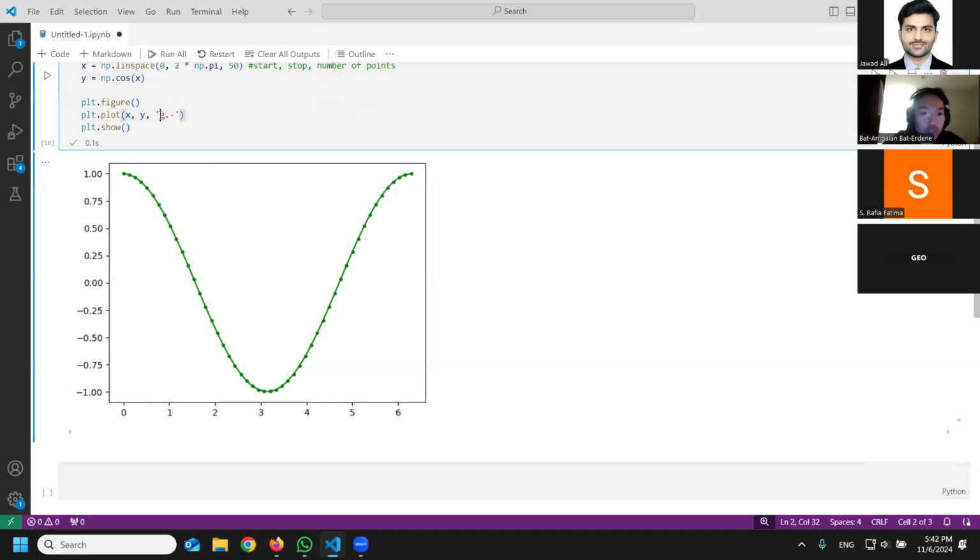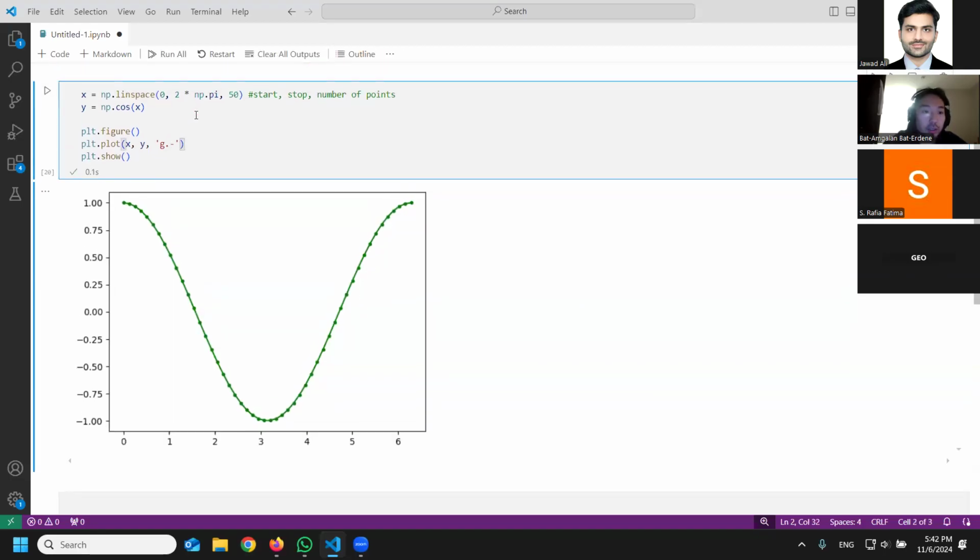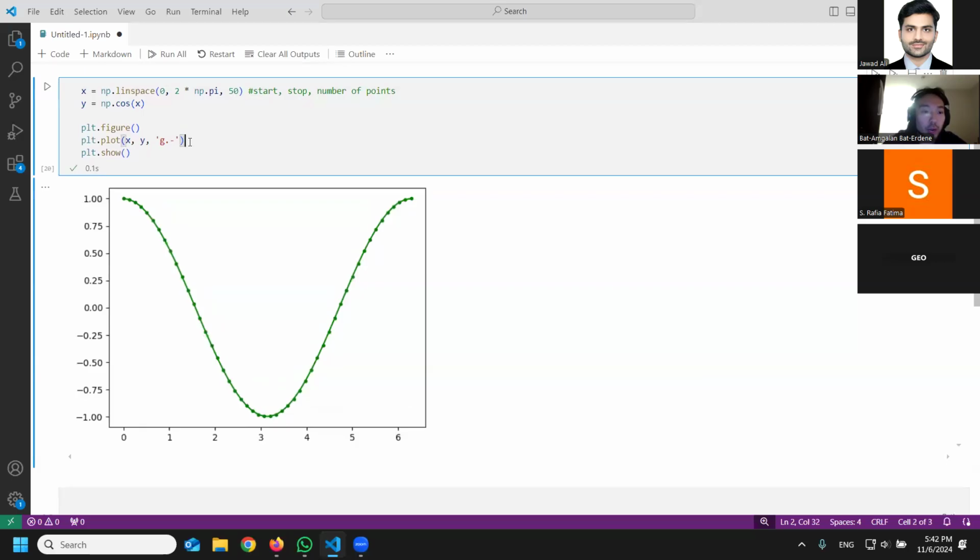Basically, G specifies it's going to be green. A dot is specifying each dot is a dot, and this line shows that we're going to connect everything by line. And we have another like small o, then it's like a bigger point, dot is like a smaller point, and all this stuff. Let me show you how you can